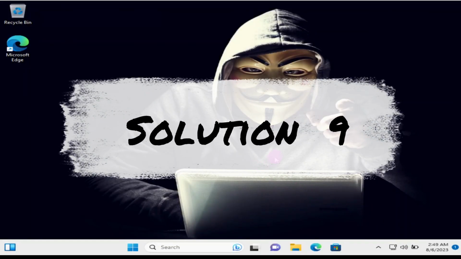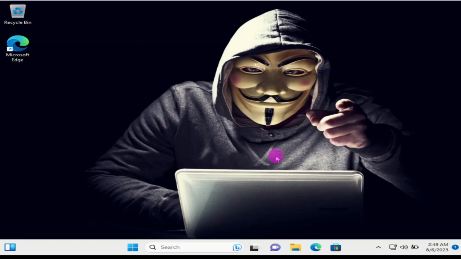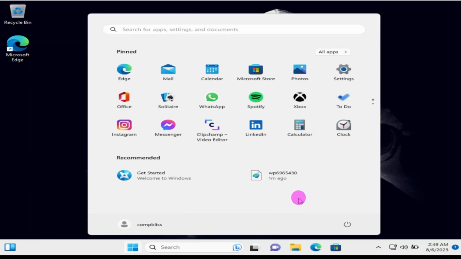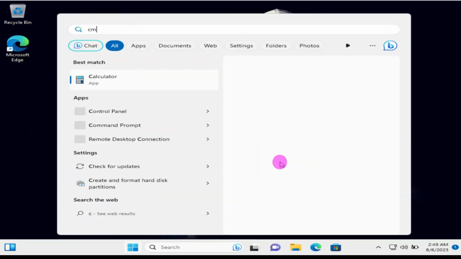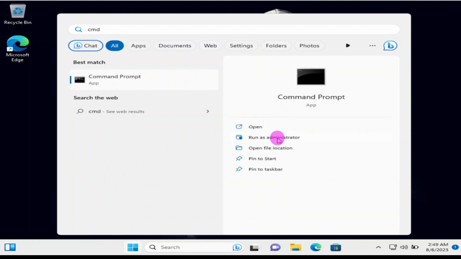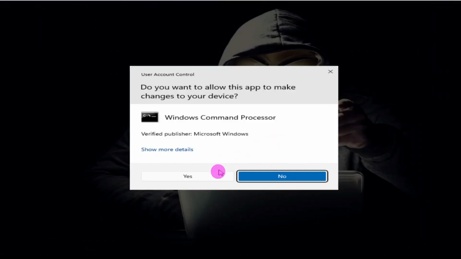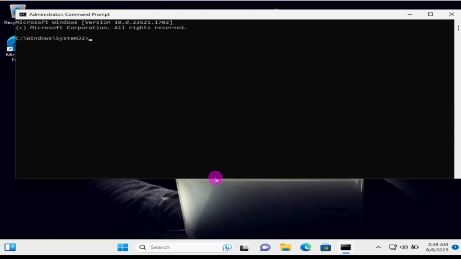Solution number 9. Perform a check disk command to check the file system on the C drive, or the drive that has your Windows installation. To perform a check disk command, press the Windows button, then type cmd, run as administrator and click yes. Then type the following command: